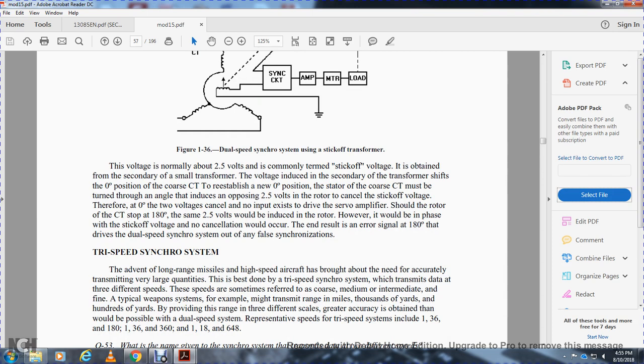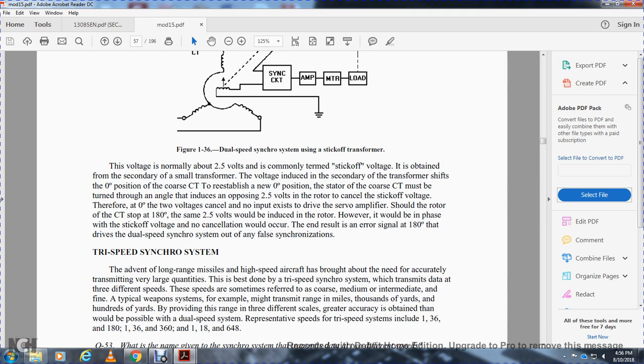The voltage is normally about 2.5 volts, commonly called the stick-off voltage, obtained from the secondary of a small transformer. The voltage is induced by the secondary transformer shift of the zero position of the coarse control transformer. To re-establish the new zero position, the rotor of the coarse control transformer must be turned through an angle to induce 2.5 volts at the output, canceling the stick-off voltage, so the error voltage is zero and there is no input to drive the servo amplifier. Should the rotor of the control transformer stop at 180 degrees,